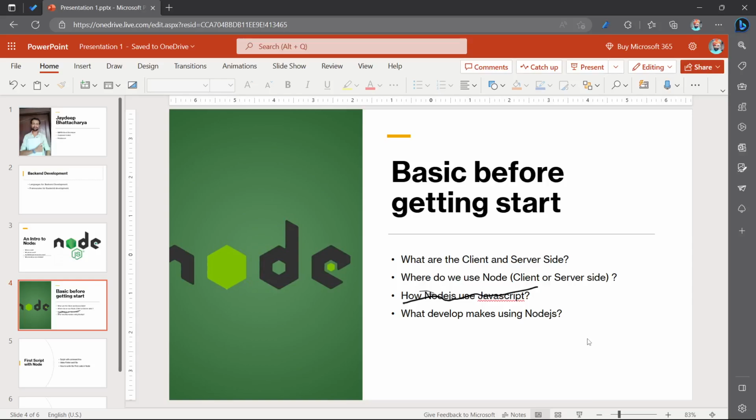Now let's move to the next point. What do developers make using Node.js? I know that you guys have a question in your mind. Most of the time, backend developers, in 90% of the cases, make APIs. What are these APIs? I will tell you in an upcoming session.